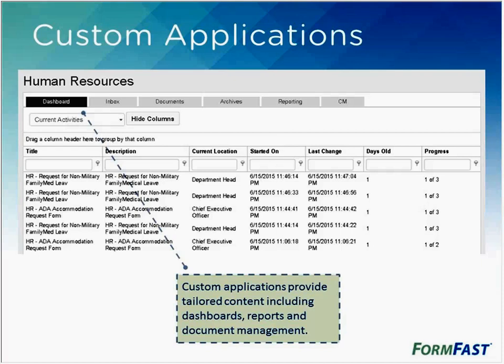In FastFlow, we can also create custom applications. In this example, human resources, we have a dashboard that's fairly simple for this user, just to show how many workflows are active at a certain point in time. We can see a list of all of the in-flight workflows, but this could also be tailored to show a number of different options. We could have multiple dashboards that showed